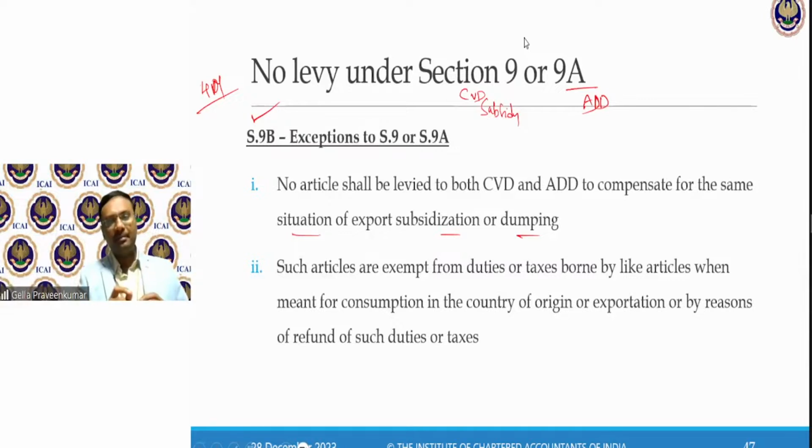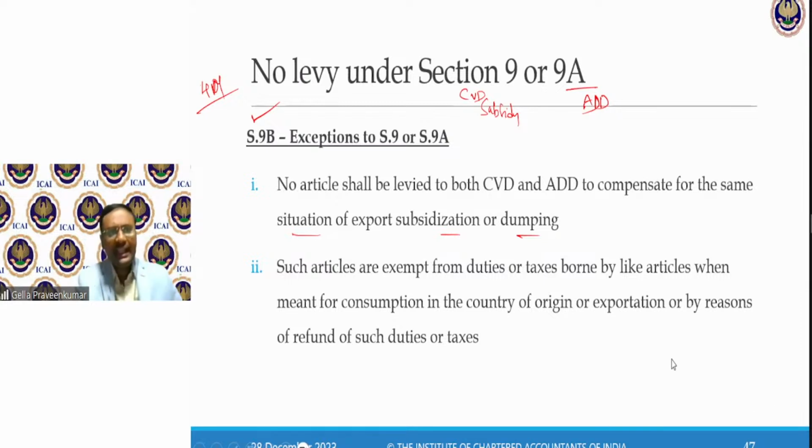There's a technical term called mens rea, M-E-N-S-R-E-A. Mens rea is an indication that there's a state of mind. What is a state of mind? Culpable state of offense. In the sense, there is an intent to evade payment of duty. There is an intent to do a wrongful act. So dumping is also a mens rea. So your statement is valid, Mansa. We can refer to existence of an intent to do some wrongful act.